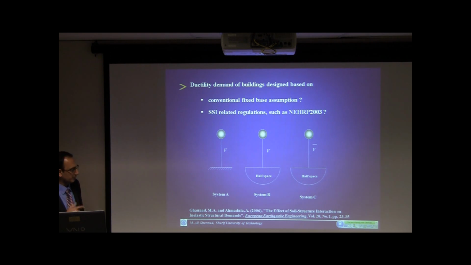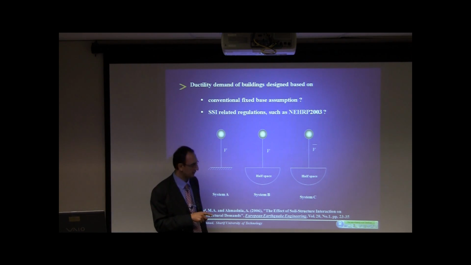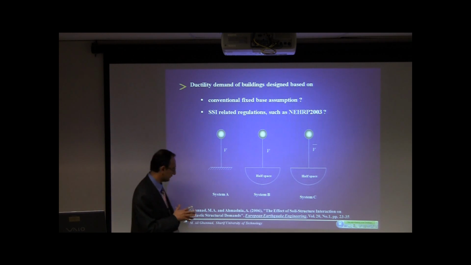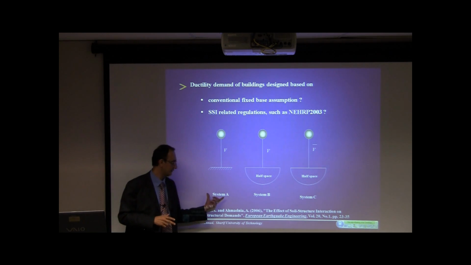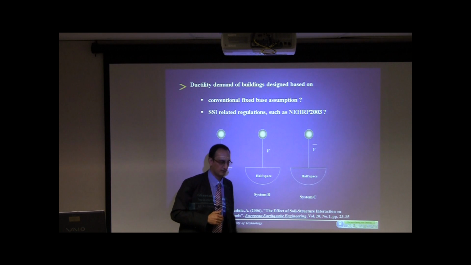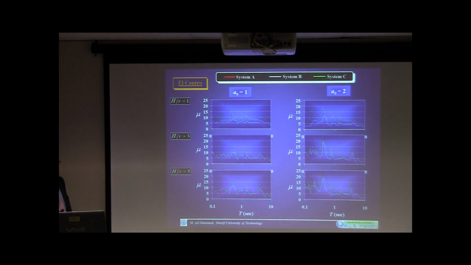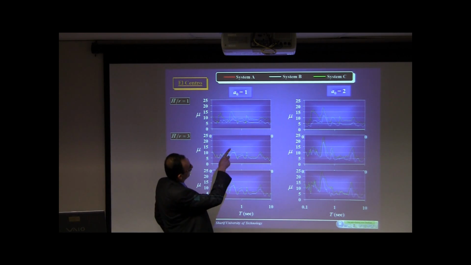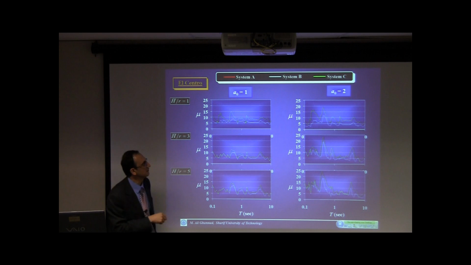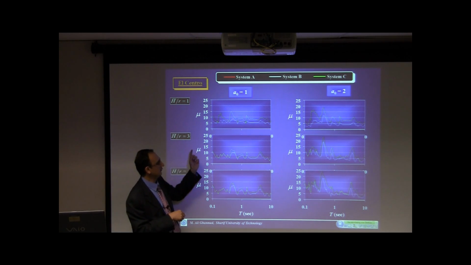So now we start to compare the results, the ductility demands for these systems. For this study, we considered that the system has been defined for a fixed ductility for system A, and then we will see what will happen for systems B and C. There are two example cases for two specific earthquake ground motions. The famous El Centro earthquake. As you can see again, this green one is the system C, and the red one, system A, which is a fixed base.